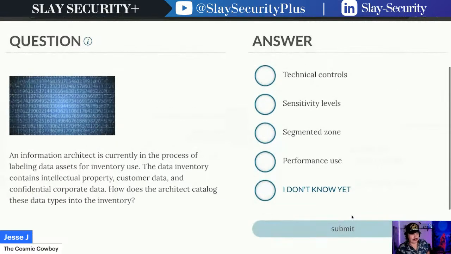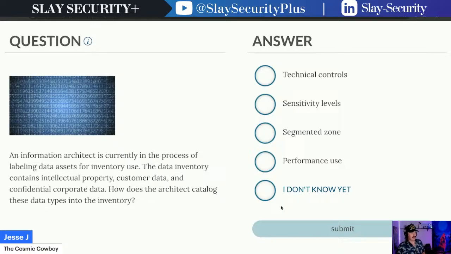Now, when I look at this question, we want to read the question thoroughly and look for answers that stand out to us as possibilities, and also look for answers that stand out that may not have any bearing on the question at all, and you can eliminate those from your selections, which will make narrowing down the ones you want to choose a lot more efficient.